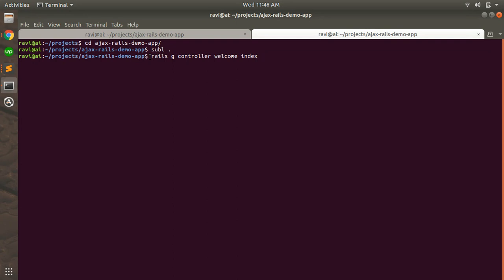You can create it manually as well, but I'm using the command line here. And this is the controller name, and whatever comes after the controller name is considered as the method for that controller. So whenever I write a command like this, rails g controller welcome index, it will create a welcome controller with an index action.